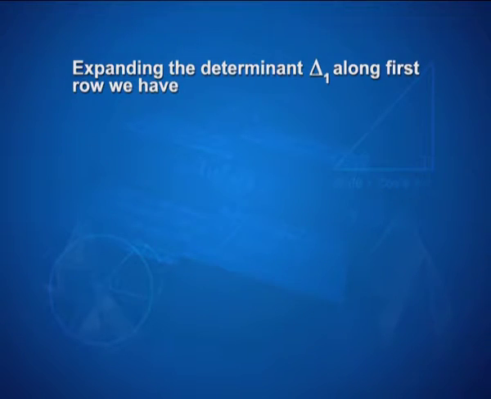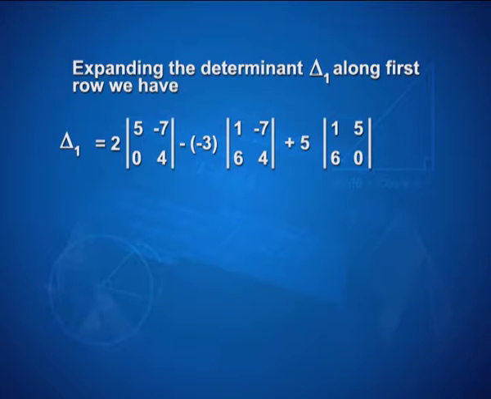Now, expanding determinant delta 1 along the first row, we have determinant 1 is equal to 2 into determinant 5, minus 7, 0, 4, minus of minus 3 into determinant 1, minus 7, 6, 4, plus 5 into determinant 1,